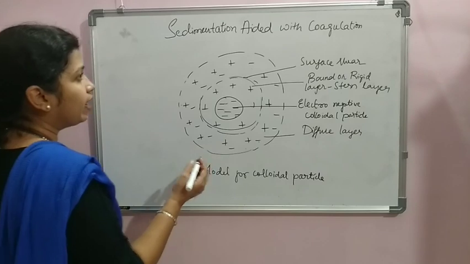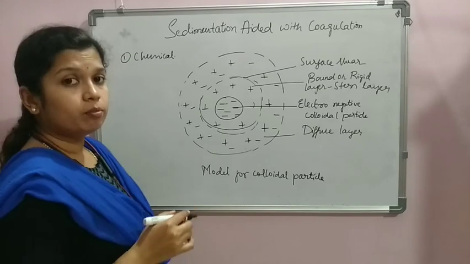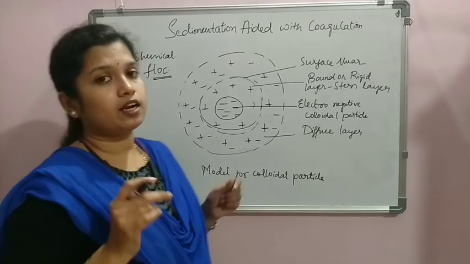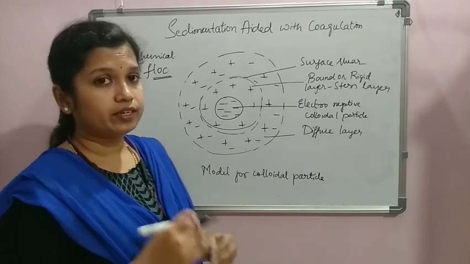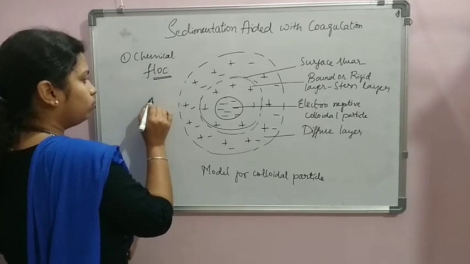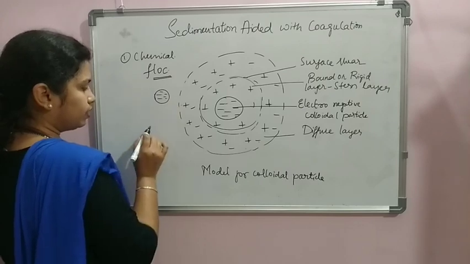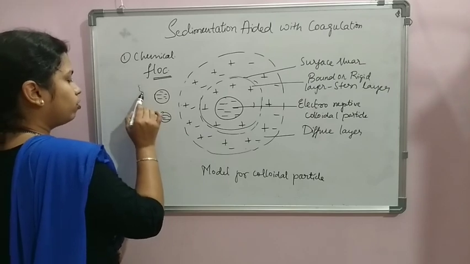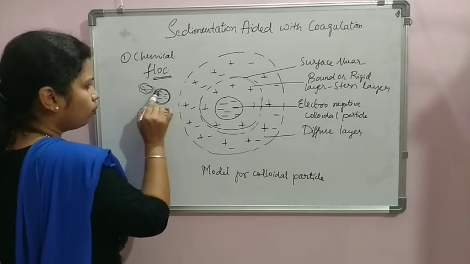First of all, when we add the chemical called coagulant into the water, it forms a gelatinous precipitate called floc. This will be a sticky material. That gelatinous, gel-like material we call floc. Once it forms a floc after reacting with the water, the floc will be very sticky. For example, this is a colloidal particle, and like that there will be many colloidal particles present in the water. Since I have formed a floc, this sticky material goes and sticks around the particle.